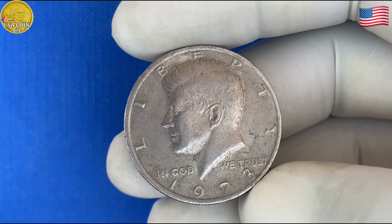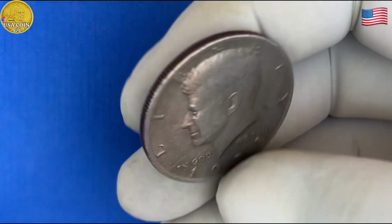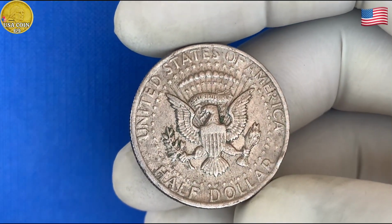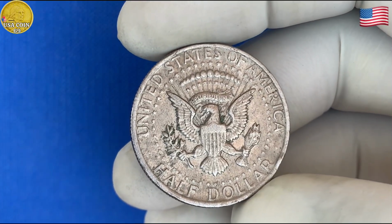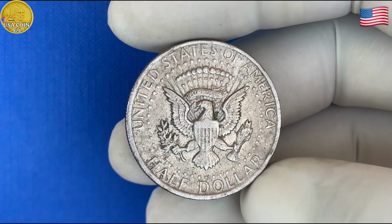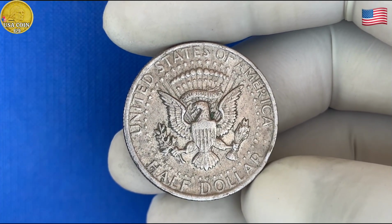The 1973 Kennedy half dollar is a piece of American history, a memento of a time when the country was finding its way through turbulent times. For collectors, it represents both an investment and a tribute, a physical reminder of a president who continues to inspire and captivate generations. In the world of coin collecting, the 1973 Kennedy half dollar might not be the rarest or